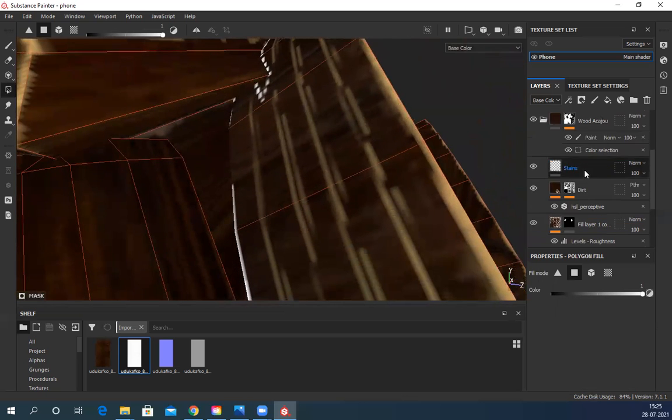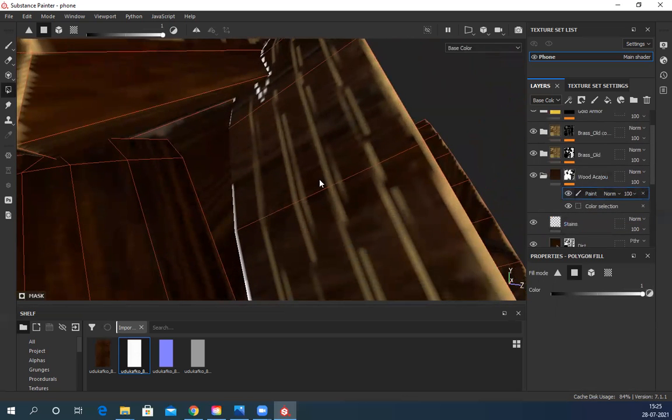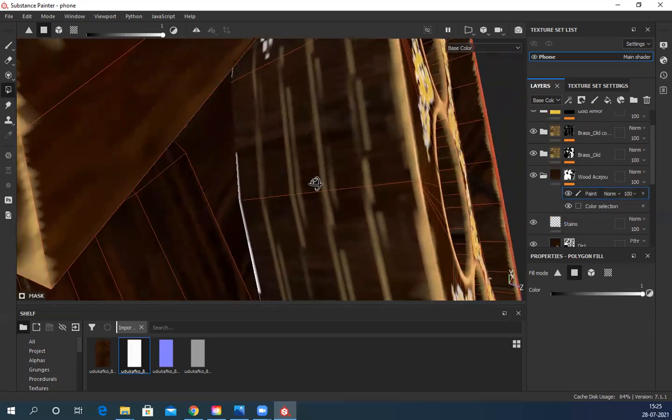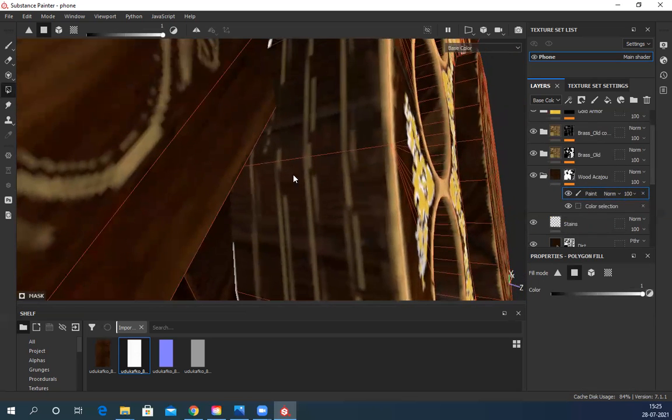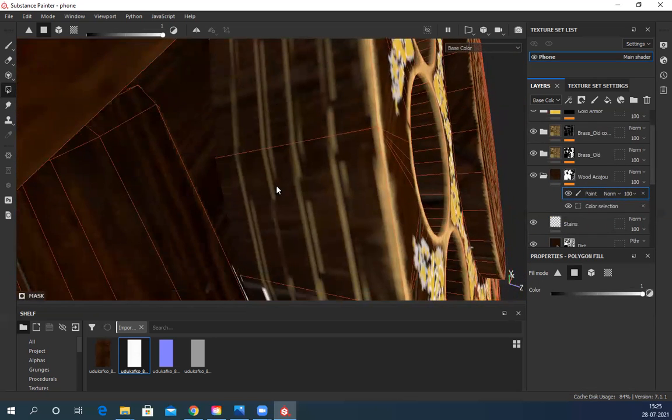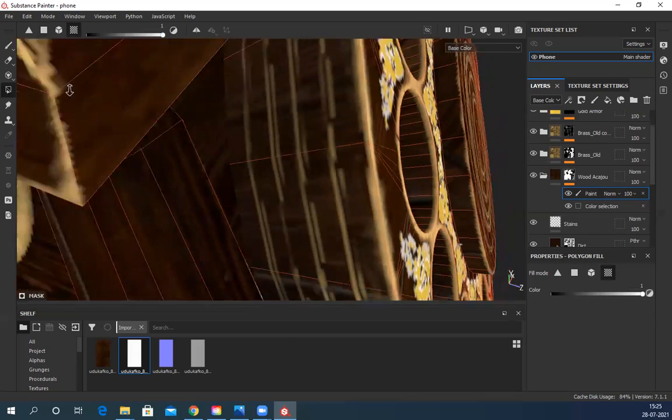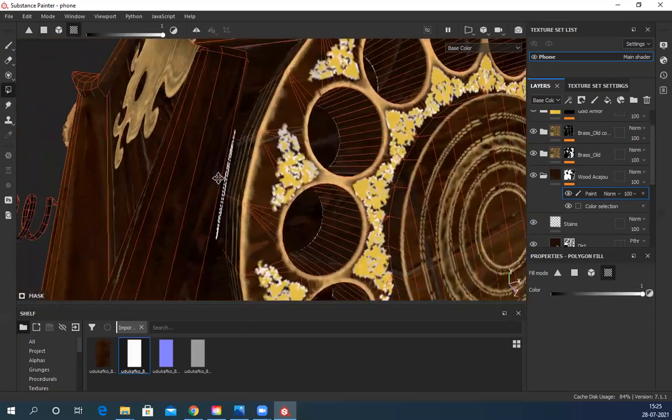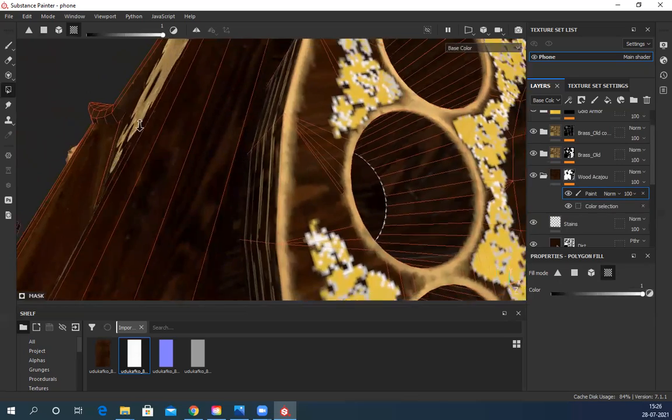So I guess this thing I need to fix here. You can use UV and click this and fix it. Similarly, this thing also.